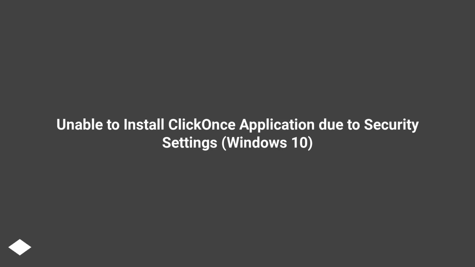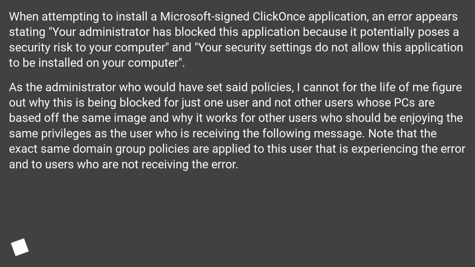Unable to install ClickOnce application due to security settings, Windows 10. When attempting to install a Microsoft-signed ClickOnce application, an error appears stating your administrator has blocked this application because it potentially poses a security risk to your computer and your security settings do not allow this application to be installed